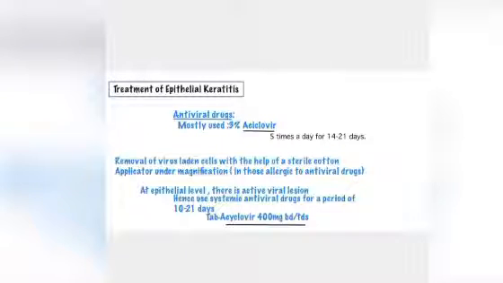So there is nothing complicated here, as both are acyclovir. One is just topical and the other one is oral. One is systemic, the other one is local. And if the patient who is having this epithelial keratitis is allergic to the drug, of course I told you, we have to do this method.